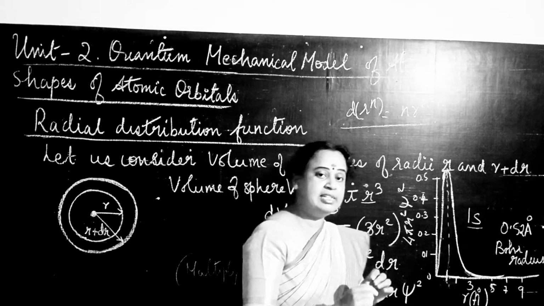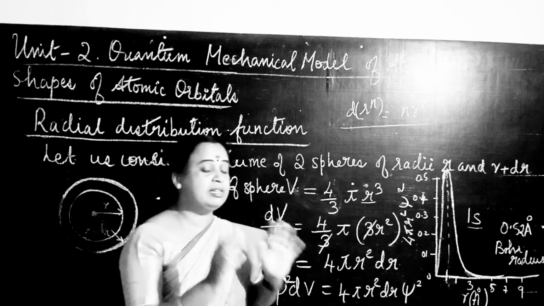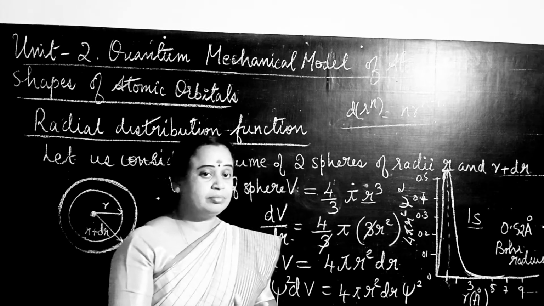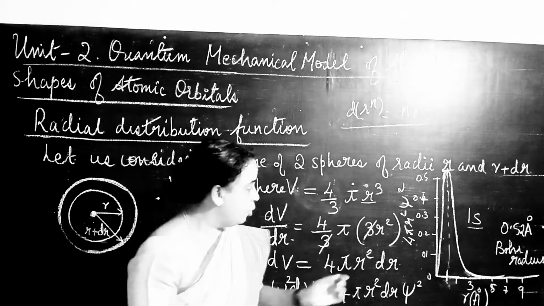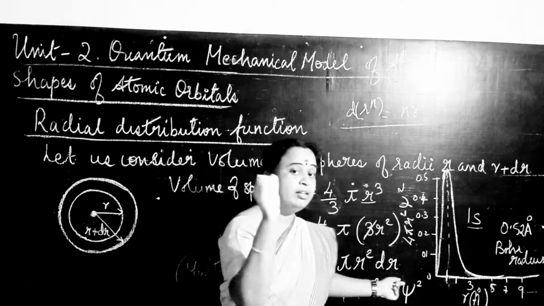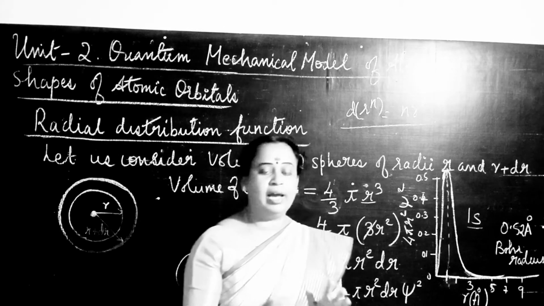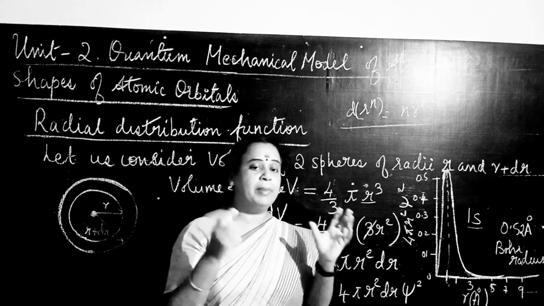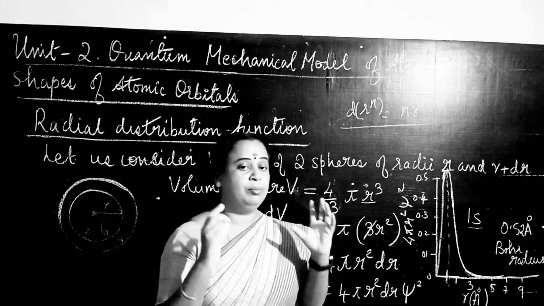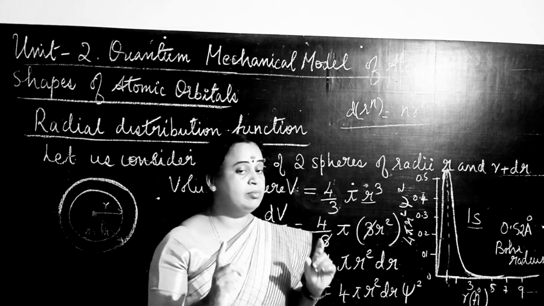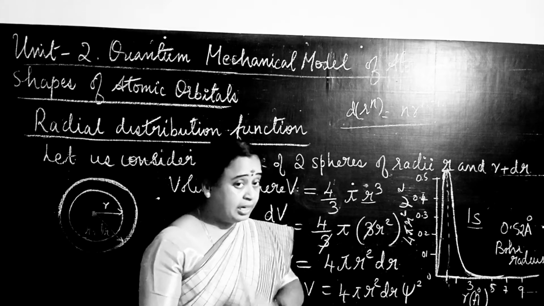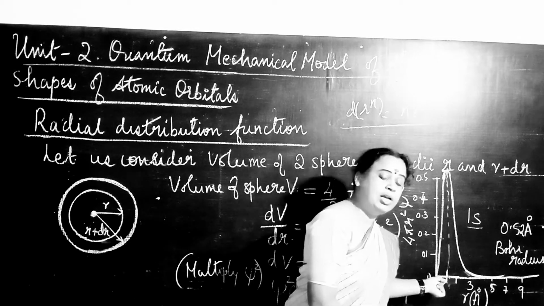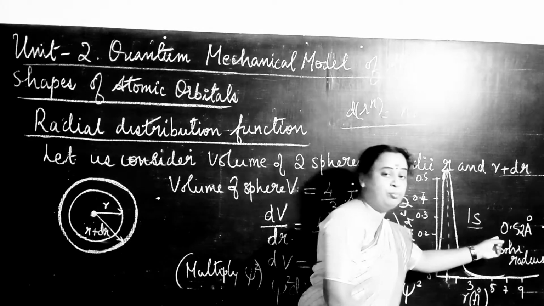Okay, so as the distance between the nucleus and the electron, the radius in an atom, decreases, the radius will become equal to 0. So here when the radius is 0.52 Angstrom, the electron is very close to the nucleus of the atom. So surrounding the nucleus, the probability of finding the electron will be maximum. That is seen in the case of hydrogen atom in the 1s orbital. That distance between the nucleus and the electron, that radius, is 0.52 Angstrom.